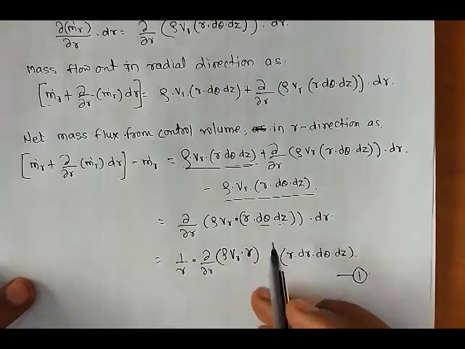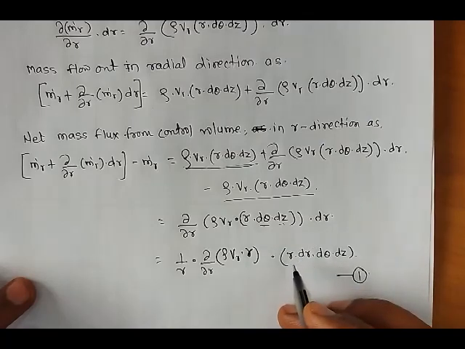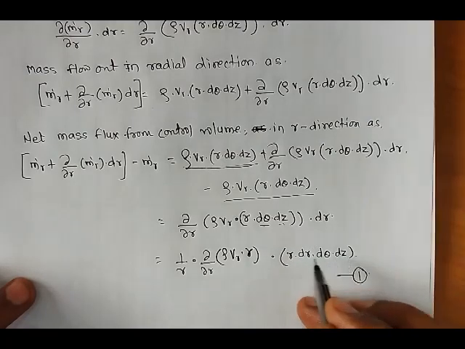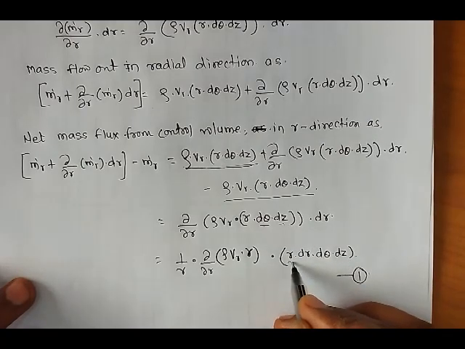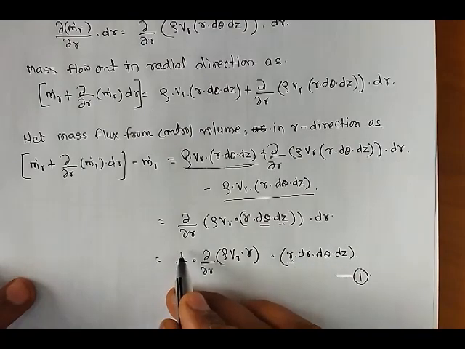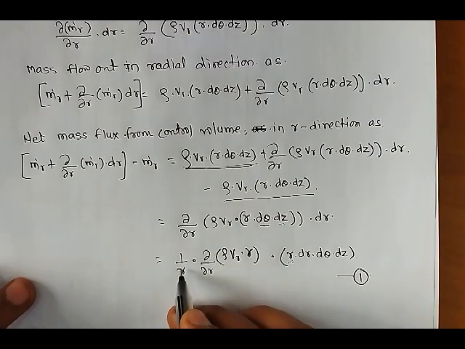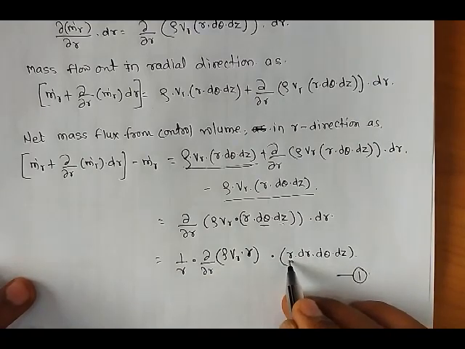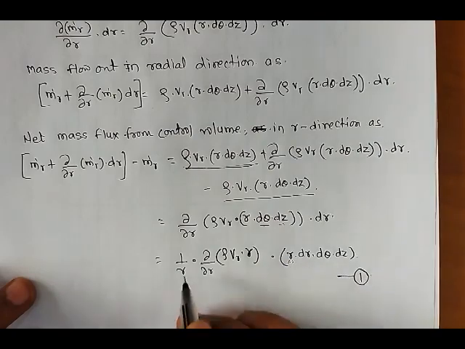But if you see here, we need to consider the volume element. So for that we have multiplied here by an extra r. So we need to divide it by r. So here we are taking 1 upon r. Okay. So we have considered the extra r by multiplication, so we need to divide it. So for that we have considered here 1 by r.